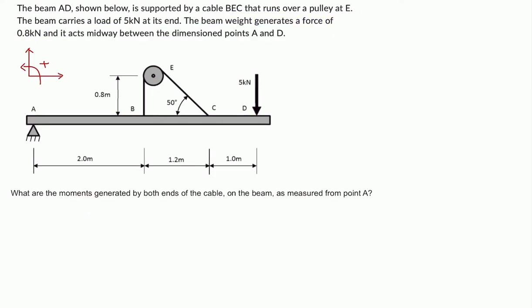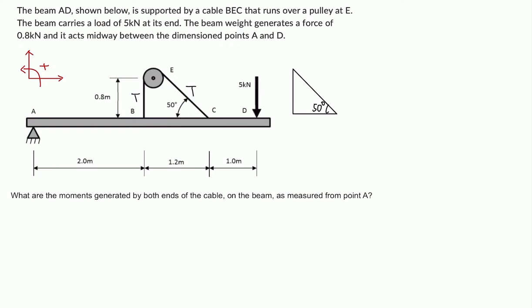Next, we're going to find the moment generated by the cable. We will write the tension of the cable as T here, and since it's a pulley, both ends will have the same T. To solve for it, we need to break CE into its vertical and horizontal components. Solve this triangle using trigonometry. The horizontal component will be cosine 50 degrees times T, and the vertical component will be sine 50 degrees times